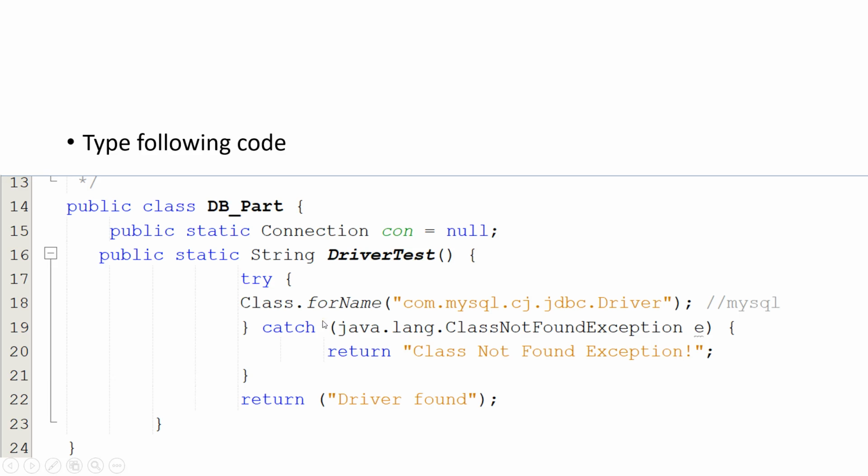Driver for MySQL. This is the way. This is the driver to be checked, which is for MySQL. Okay. com.mysql.cj.jdbc.Driver. This is the main driver, main protocol, sub protocol, or in general, the driver to be tested.